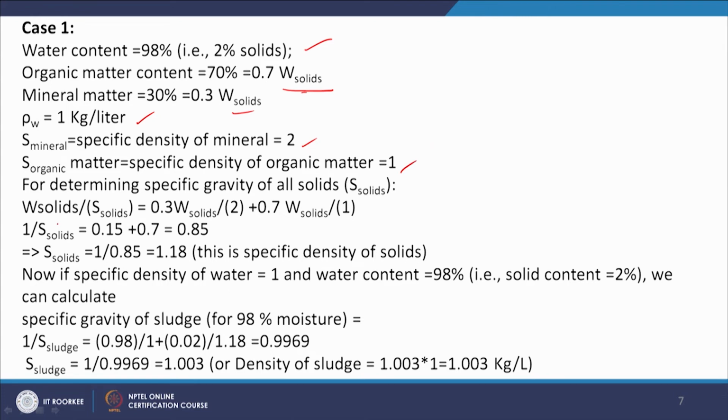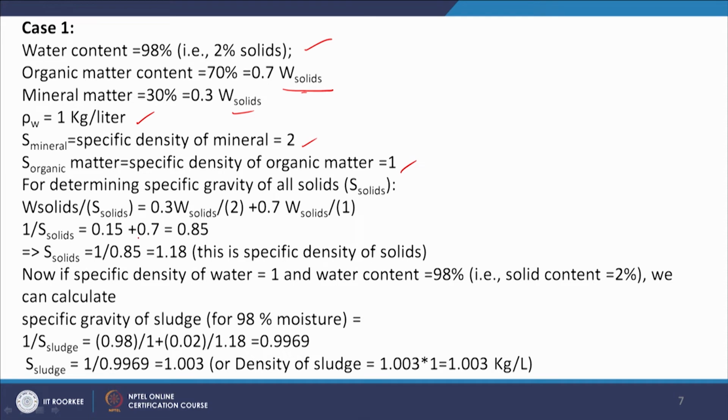And now in the previous expression we will put here the values for determining specific gravity of all solids, that is W solids by S solids, that is equal to, now this mineral matter, that is equal to 0.3 W solids divided by S mineral, that is equal to 2 into 1, that is water. So, that is equal to this one, and the second is we are getting 0.7 organic matter divided by S organic matter, that is equal to 1 into rho water, that is again 1. So, these expressions we are getting, and by solving this we will be getting 1 by S solids equal to